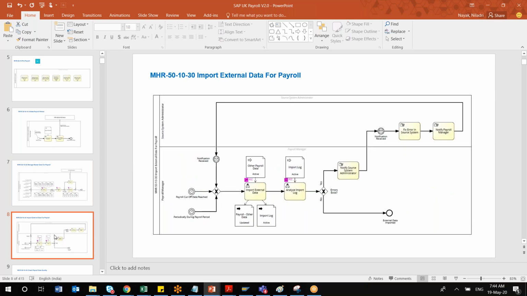The next one is your importing external data. So what do you mean by external data? There can be time related data, right? So you are having time data in another system, say Kronos or Workforce Central or any other time machine you are using, and that is required for your time in and time out data. And accordingly, suppose you are working, say, in a manufacturing setup. Let's say your working hour is fixed, morning 9 o'clock to evening 5 p.m. If the employee is working more than that, say 1 hour or 2 hours beyond 5 p.m.,